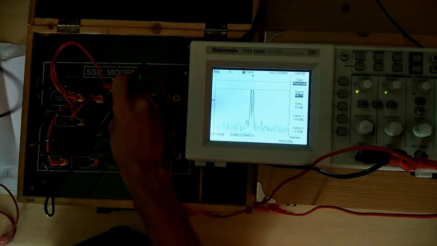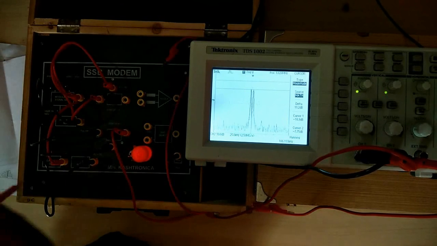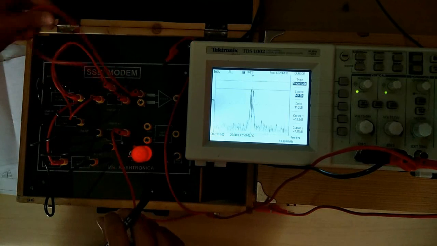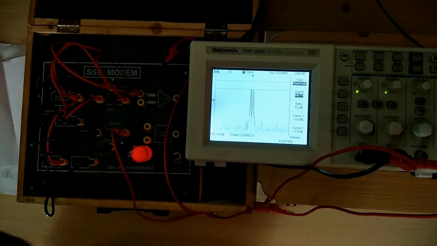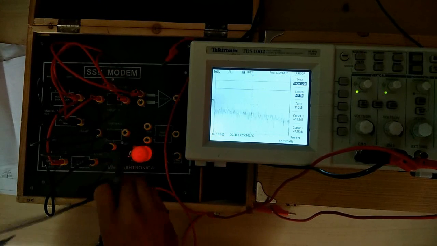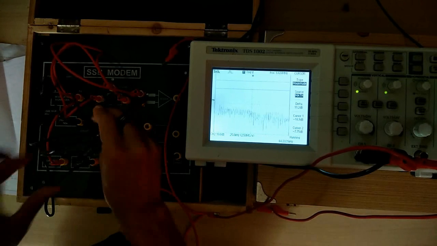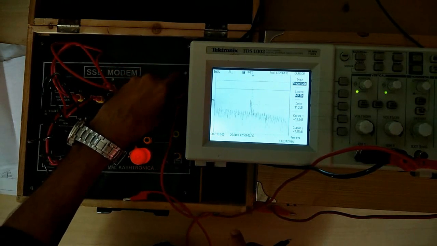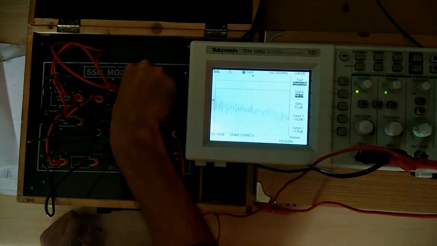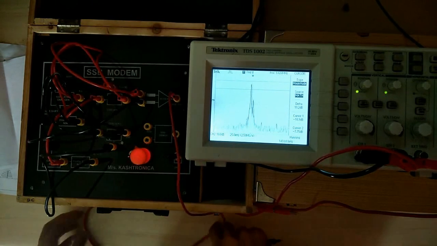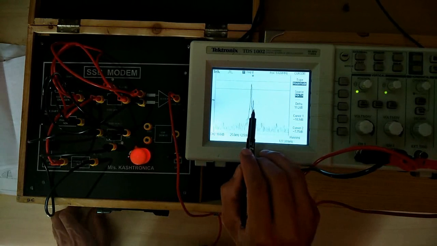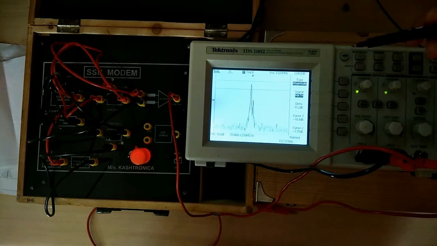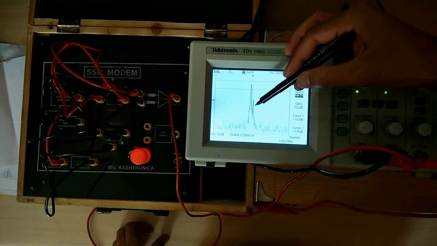So if you connect this DSBSC1 to the input of the adder, and this DSBSC signal to the second input of the adder, we can see this. Here you can see the upper sideband has been suppressed. It has not been completely suppressed because of practicality, but it has been suppressed as compared to